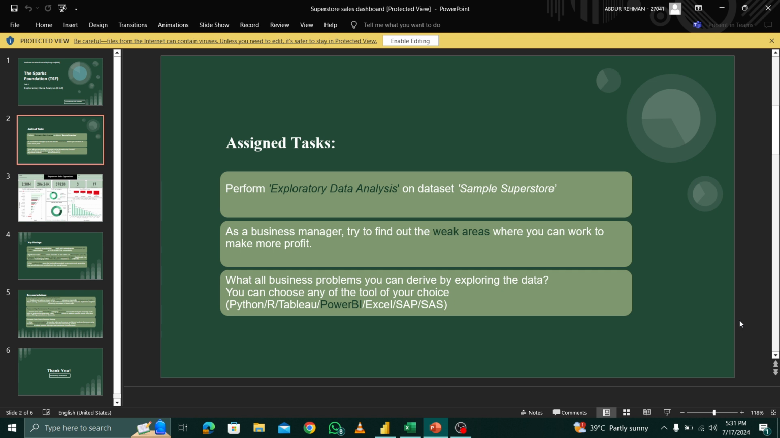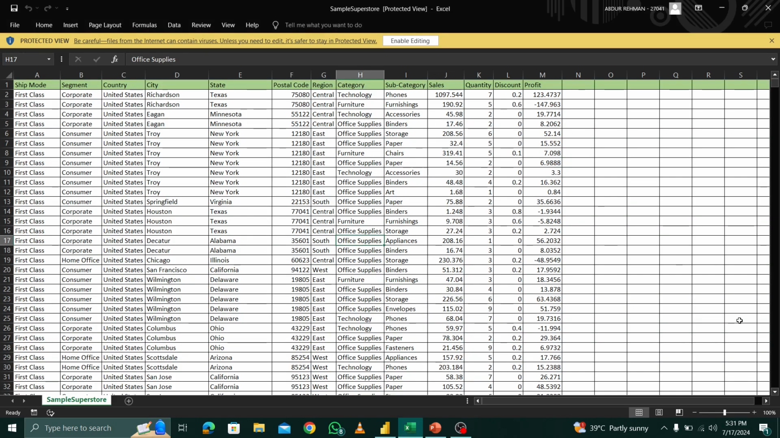Also, I have to perform this analysis using one of these tools: Python, R, Tableau, Power BI, Excel, SAP, SAS. So I chose Power BI. Let me take you guys to the dataset that was provided to me. Here is the Excel sheet of the